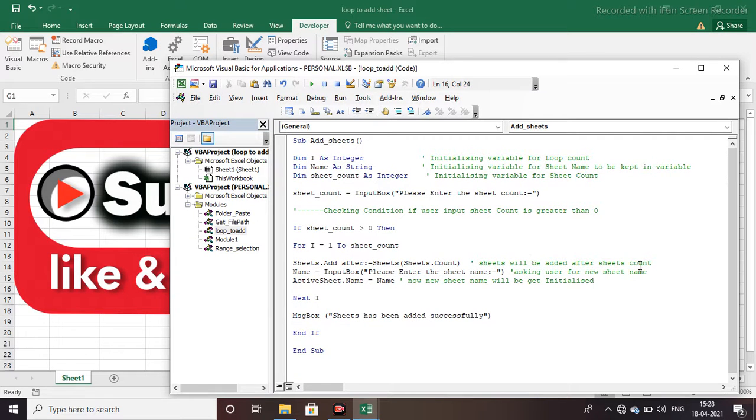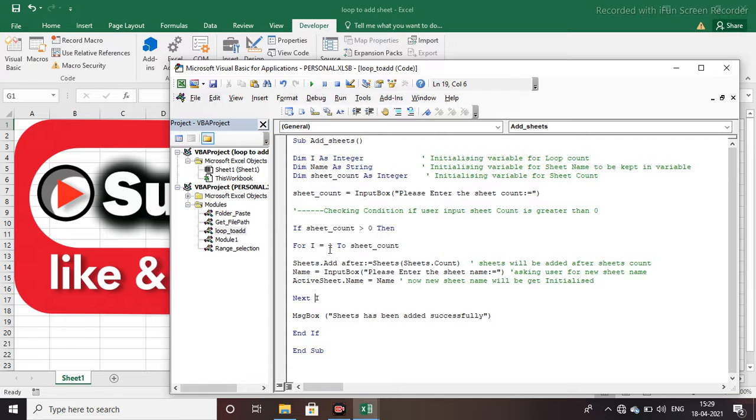Now in this statement, it asks the user to enter the sheet name, whatever sheet you want to add, the name of that sheet we need to give here. After that the active sheet name will be set from this variable and changed in the active sheet. Then the loop variable I will be incremented by 1.